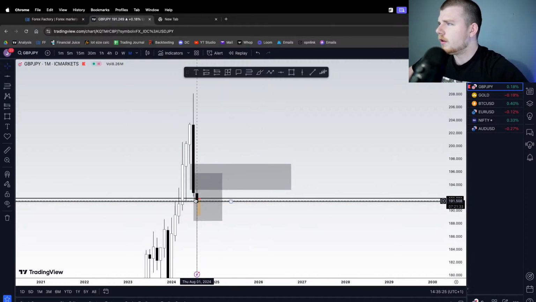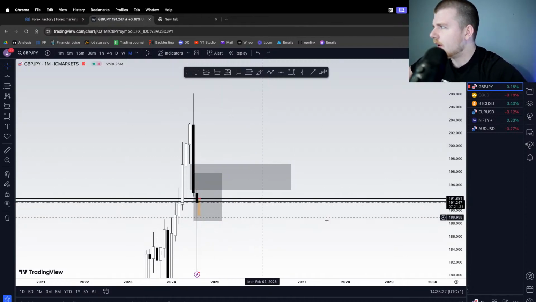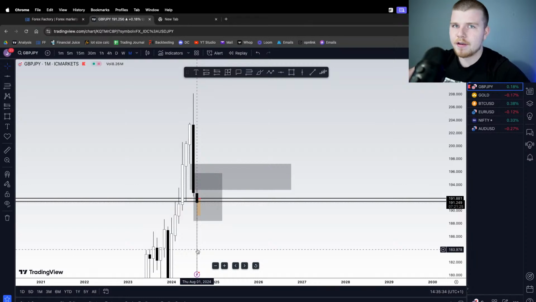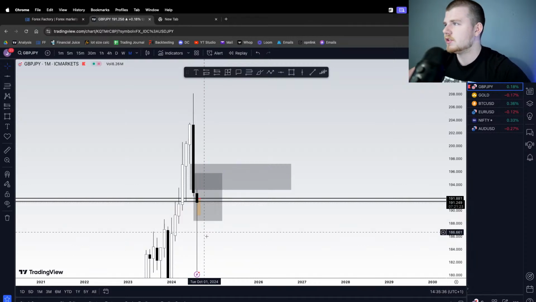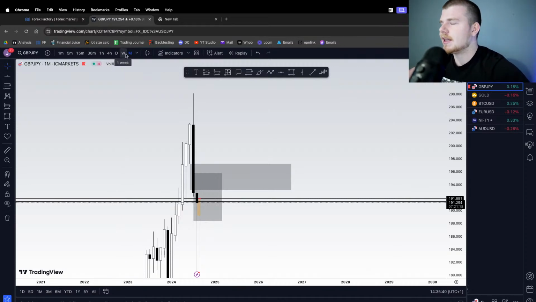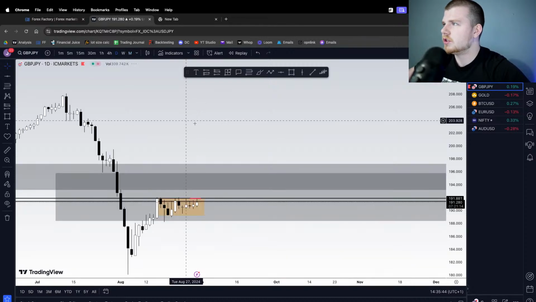On the monthly, you can see that there's a fair value gap here. We've got 7 hours and 20 minutes left on this candle. Once this closes, we will then have a valid bearish fair value gap, which is obviously great for us. And obviously, if you were in the stream yesterday, you will know exactly how we're going to align that with the external AMD, which is on the daily time frame.